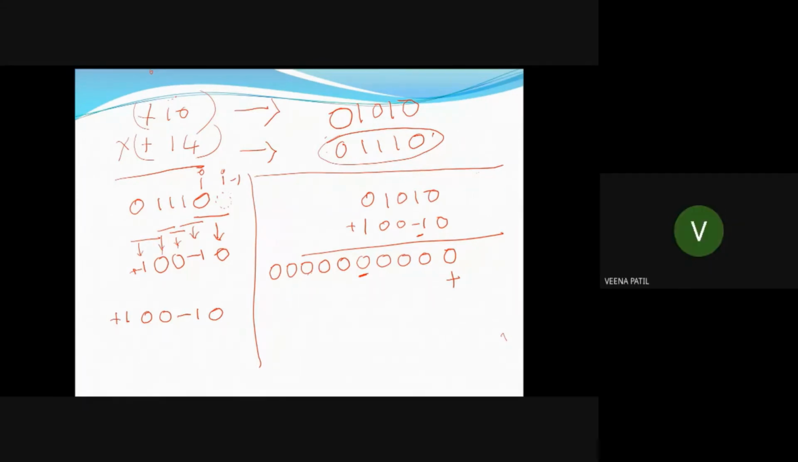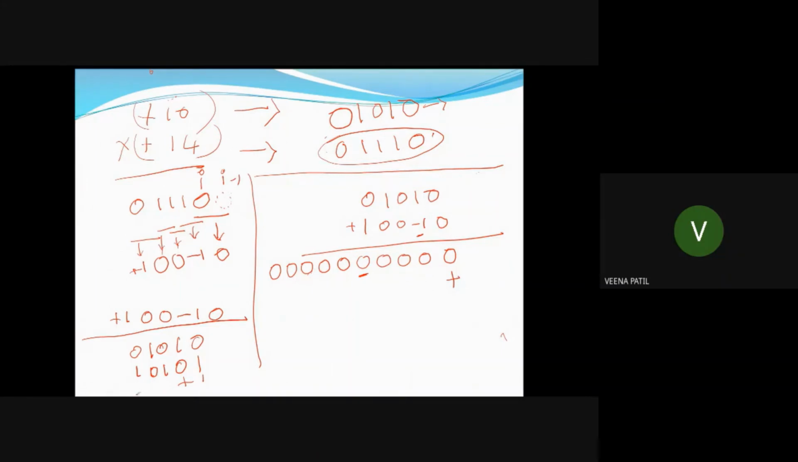So my 10 is here. What will be 2's complement of this? Can anybody tell me? So we shall write here 0, 1, 0, 1, 0. Its 2's complement will give me...